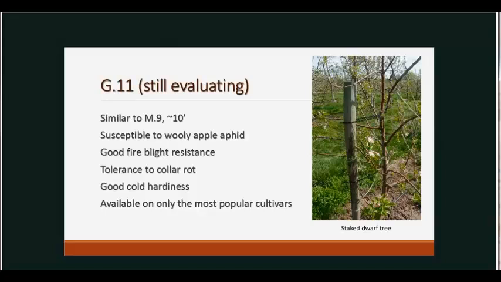It's probably not one you're going to see available in a lot of the home catalog situations. And so I have this picture in here to show you, when we talked about how these dwarf trees must be staked, to give you an idea of the size of a stake that we're usually suggesting when they're individually staked. And so here you can see one of them